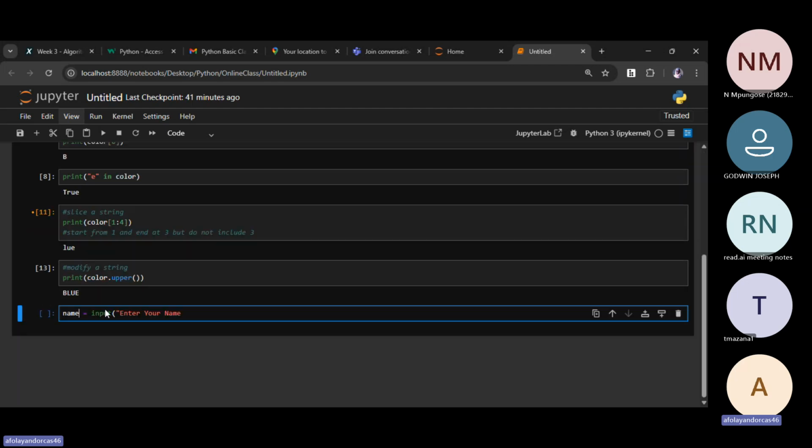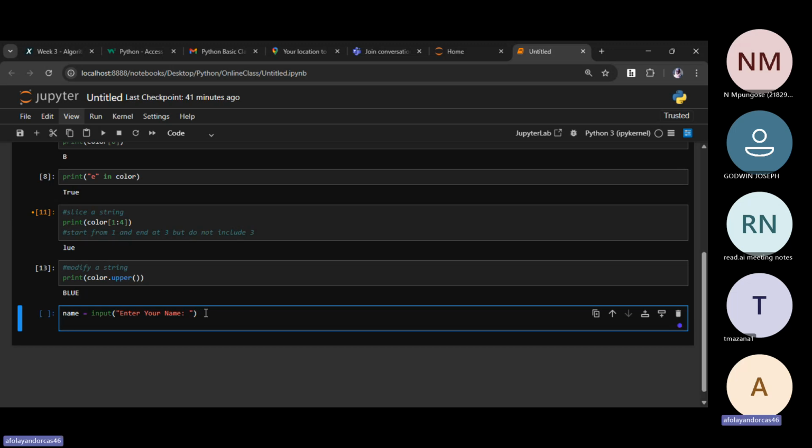So now in Python, I want to declare a new variable called name. In this case, enter your name. I will leave it for the user to enter their name. And then here I will print.